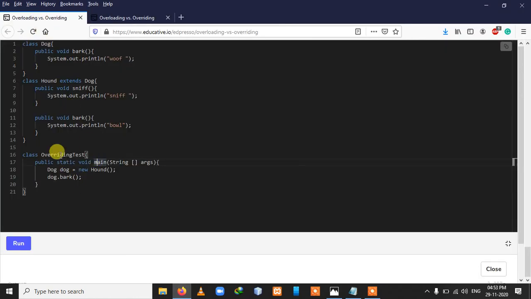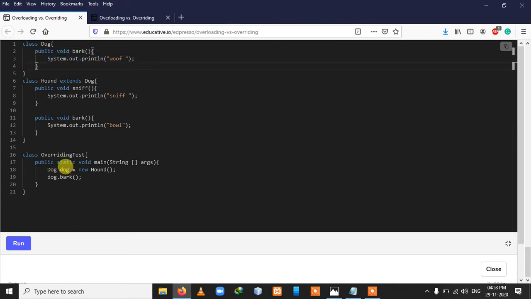here you can see that this is the example of overriding. As I said, we have two different classes, dog and hound. This is the parent class and this is the child class. Here the child class extends the parent class. Here you can see two methods with the same name and the same parameters in both the child and parent class.